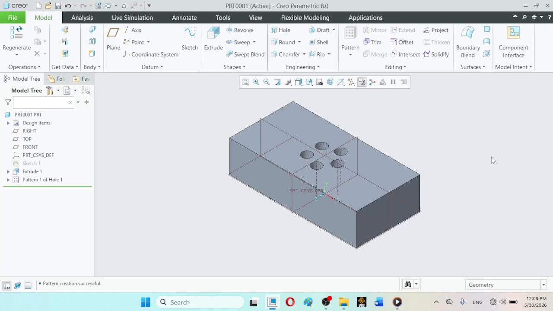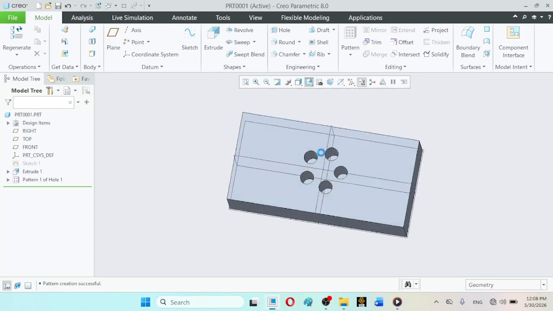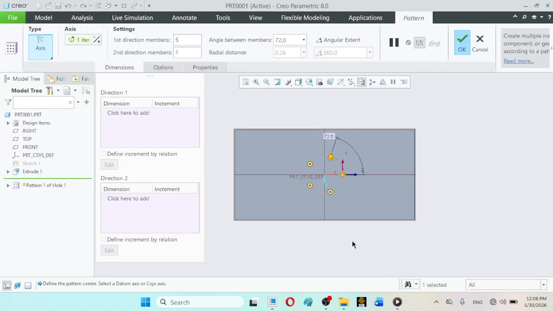So like this, 5 members have been placed out. Better look at it from the top view. And again, the important thing here is that the second direction is important. In the second direction, this is the radial direction, and this is the transverse direction.